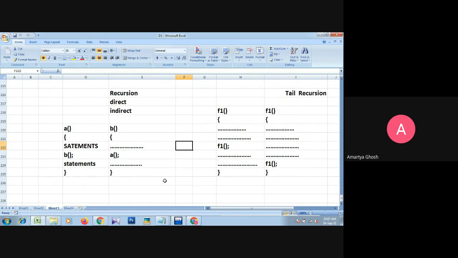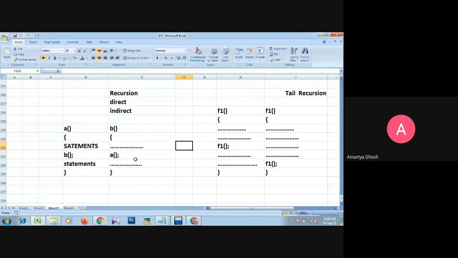Good morning, everybody. Last day we discussed the topic of recursion. As far as the classification, there are two kinds of recursion: number one is direct recursion, another is indirect recursion.